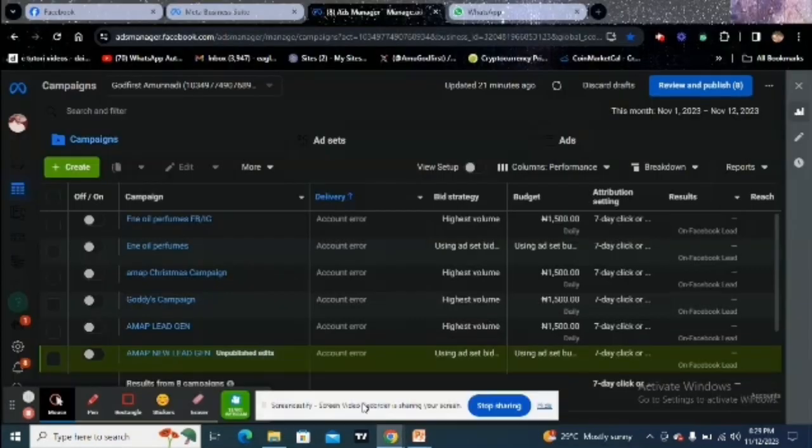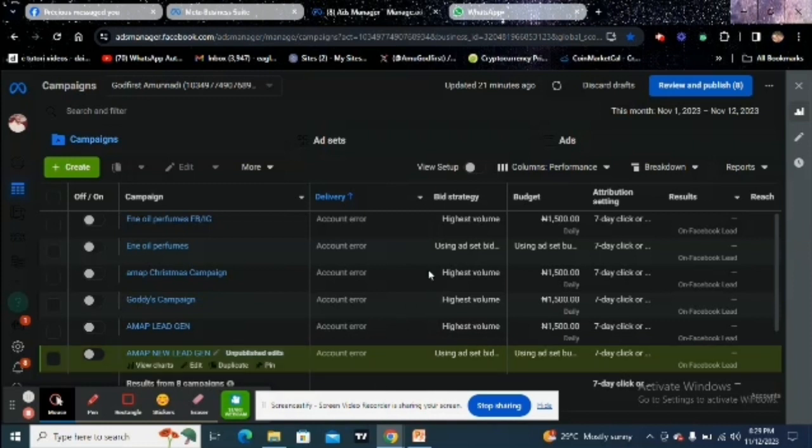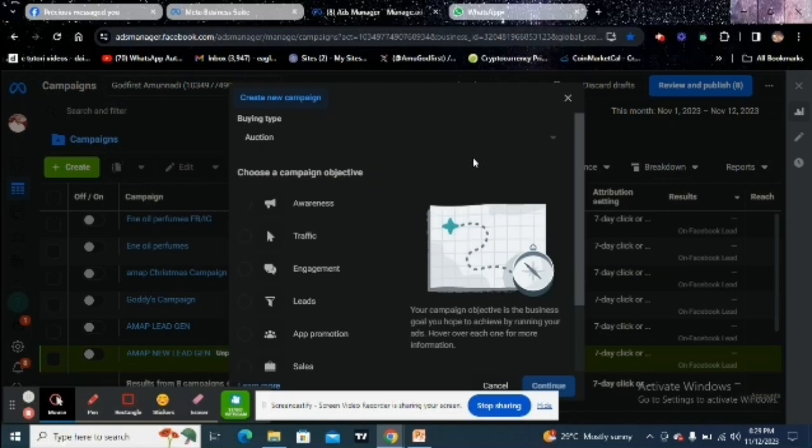So I'll be going to my web browser. Remember, I told you to put your phone on desktop mode when you are doing this. So this is my Meta Ads Manager account, and we'll be running a live advert as soon as possible. So you come to this button here where you see the create button. You click on create, and then it's going to take you to this page where you are going to choose